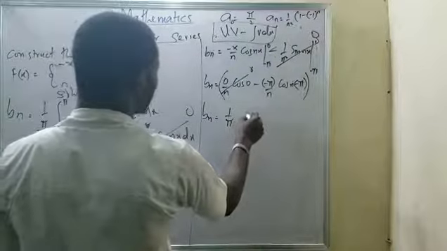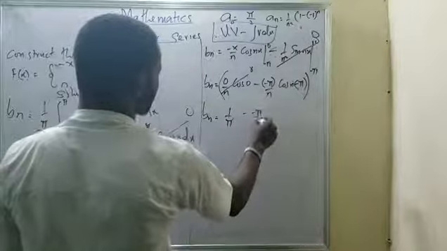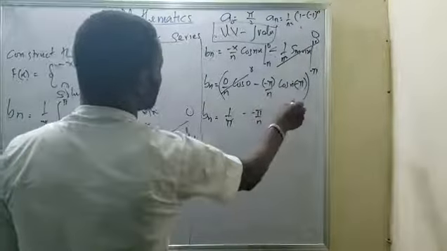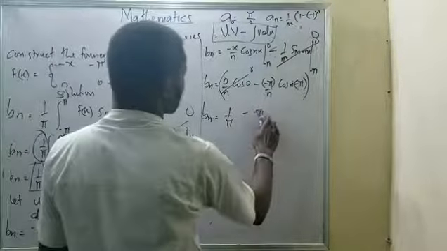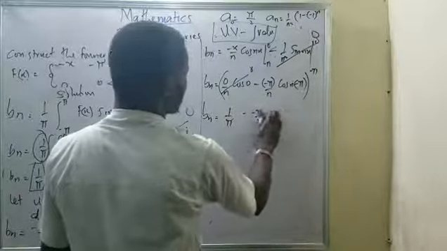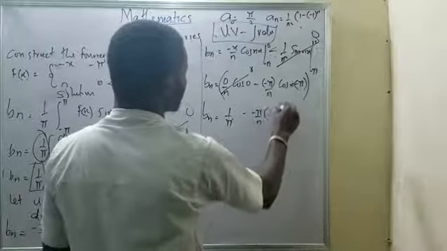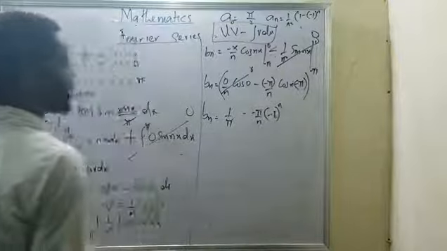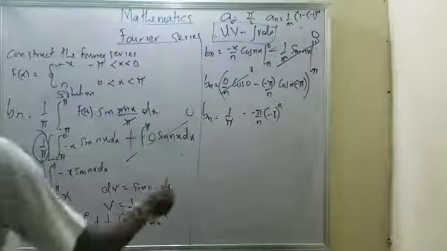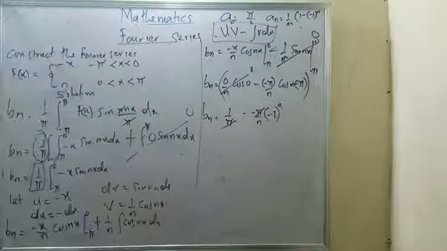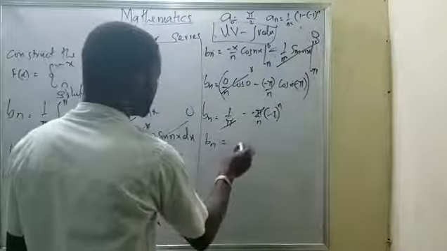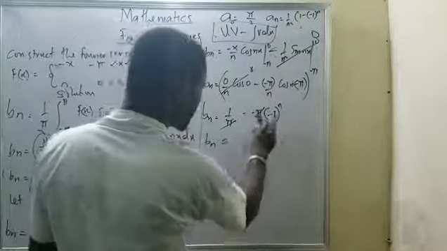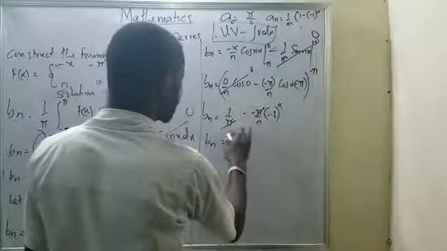This one will now be minus pi all over n, and it will be n minus 1 bracket of n. Now this we cancel this, that we cancel that. Since that has cancelled that, I'll be having b of n equals to